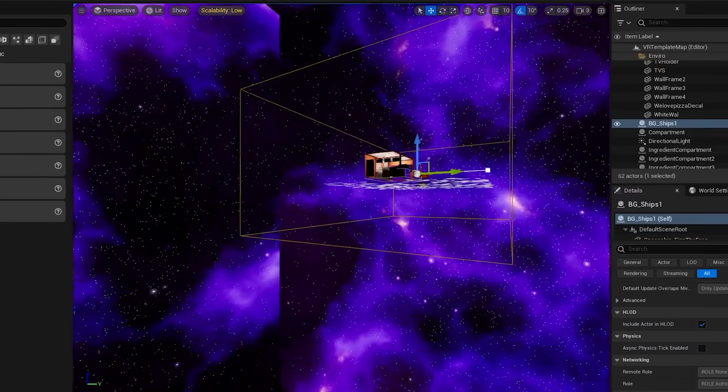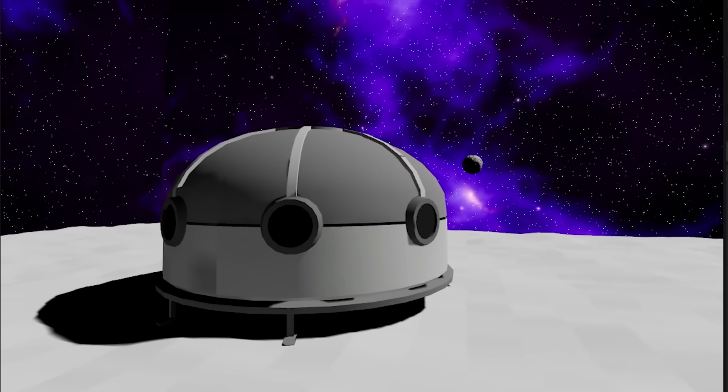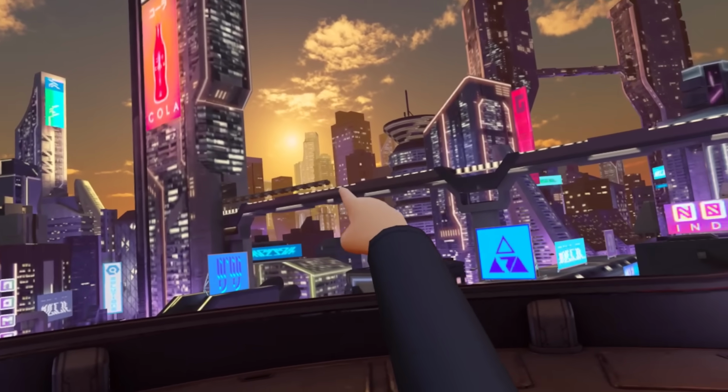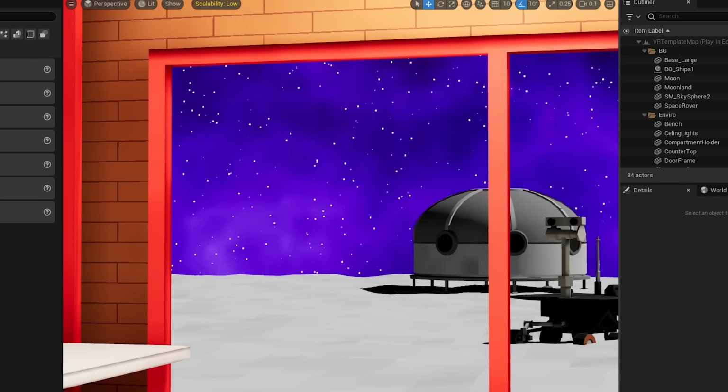Anyways, on the moon, I added some background elements like this rover and this space base. Also, one of the reasons why I love VR is immersing yourself in different environments. My favorite Oculus Home is the Cyberpunk one because it feels alive with all the flying cars. So I downloaded some spaceship models from my favorite modeler, Quantunarius, and I made them fly past to add some